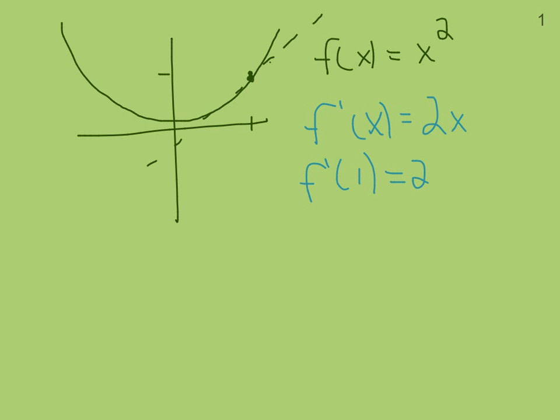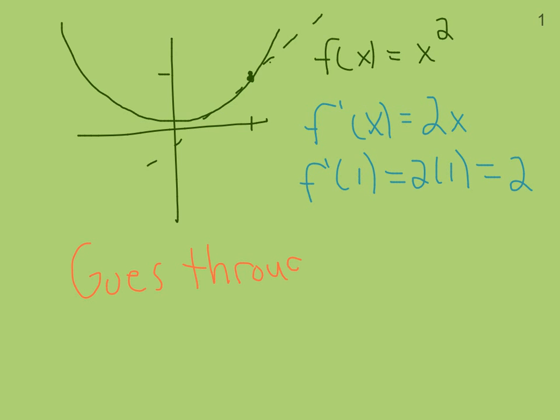And of course we can figure out what the slope is at that point using, if you want to do it the hard way, the limit definition of the slope, or just by saying that f of x is equal to x squared. Therefore, f prime of x is equal to 2x. So what is our slope at the point (1, 1)? Well, f prime of 1 is equal to 2 times 1, which is equal to 2. So we know that the slope of that line is 2, and we know that it goes through the point